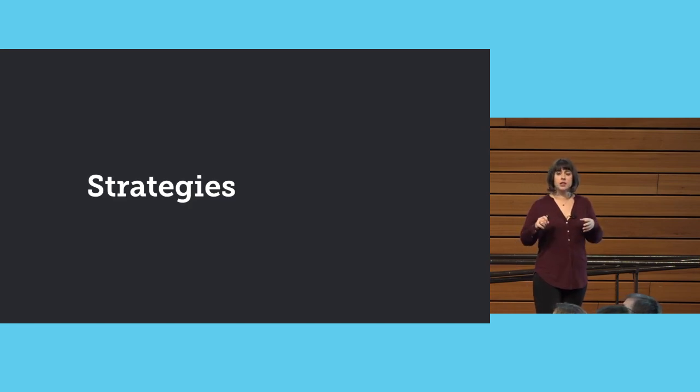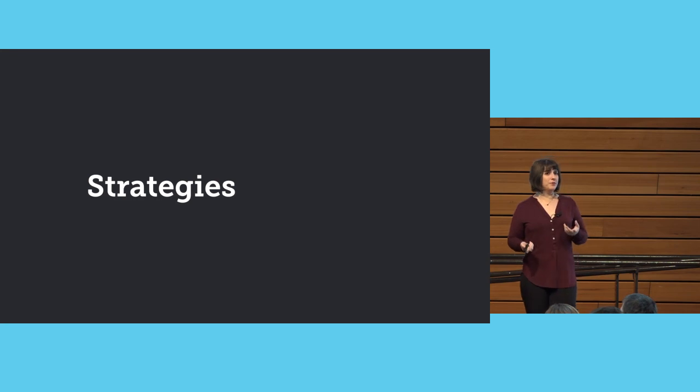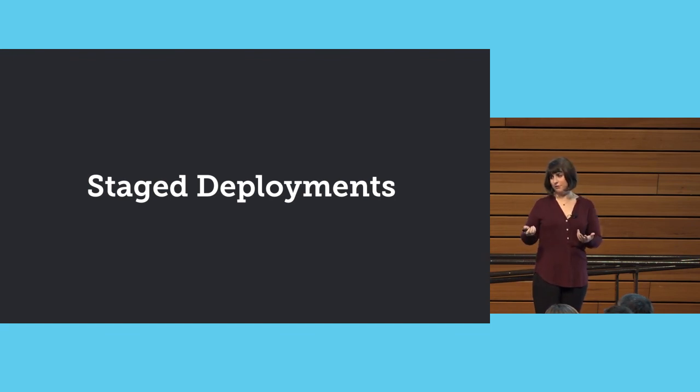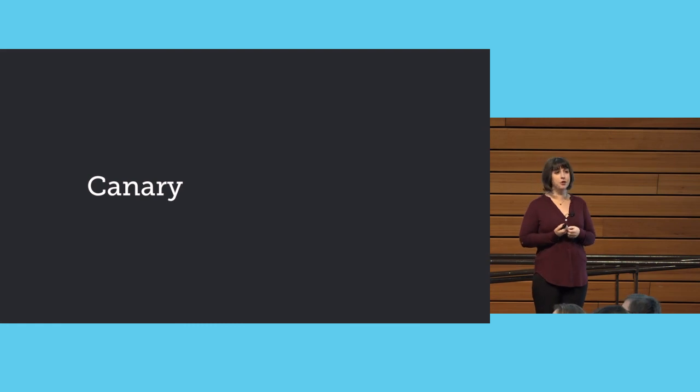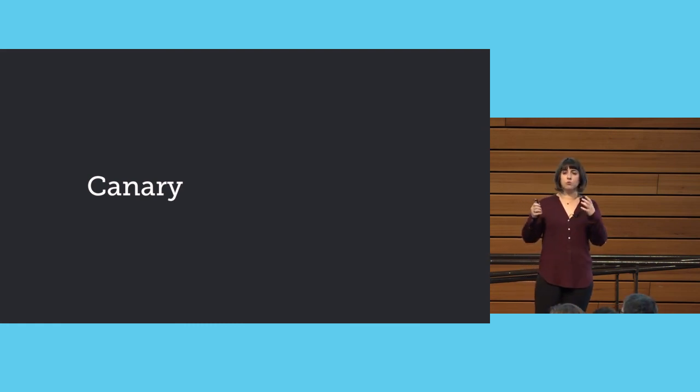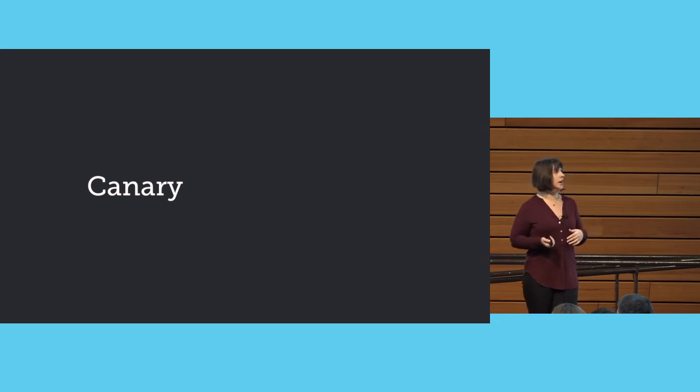So when it comes to deployment strategies, it all really ends up coming down to one pattern in my experience that works the best with microservices, and this is staged deployments. This is, again, infrastructure heavy. Most of the stuff I'm going to talk about requires new and more sophisticated infrastructure. But there are two different kinds. The first is a canary deployment. This is a kind of deployment that rolls your changes out really slowly.